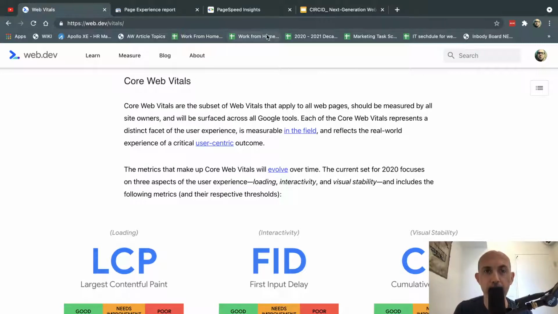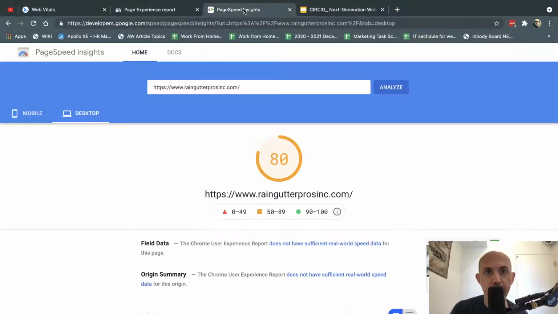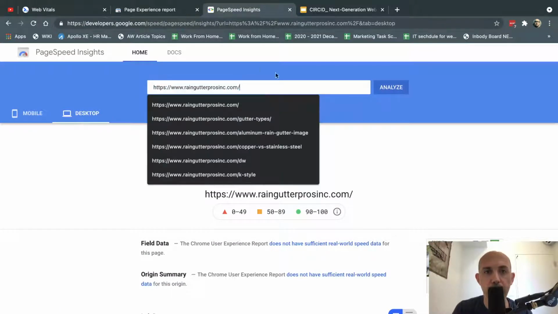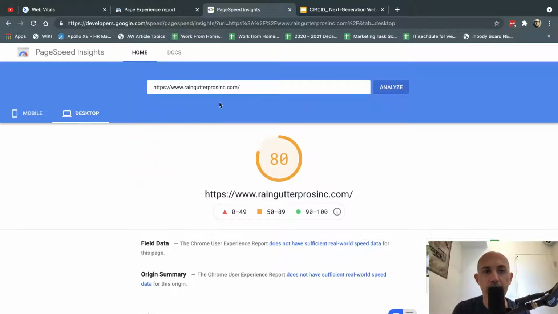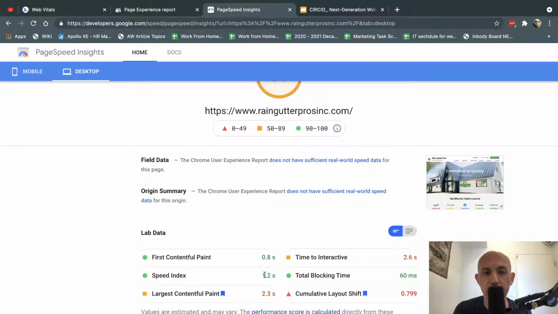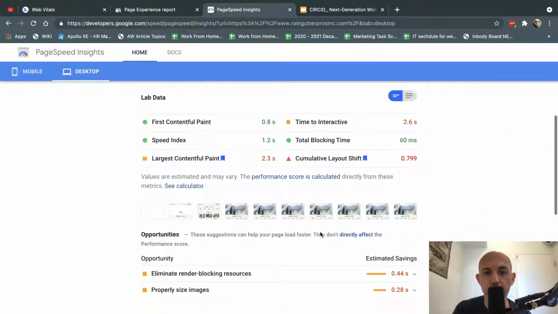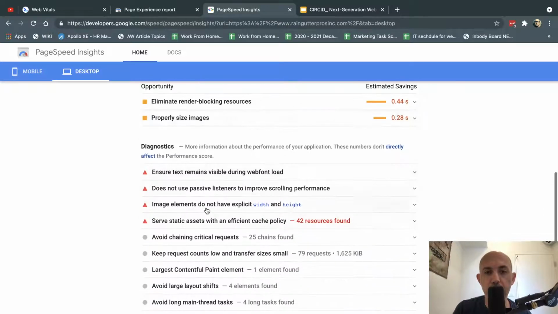So the first thing you may be familiar with for Core Web Vitals is PageSpeed Insights. If you go to PageSpeed Insights, you can put in a website, for example one of our clients right here, and you click on Analyze, and it'll give you a score from 1 to 100 on desktop and on mobile. Based on its own data and a lot of its web vitals, it'll give you information about how fast the website loaded, the FCP, the CLS, LCP, etc. It's going to show you how it's loading and give you some tips and some basic information on how to improve.